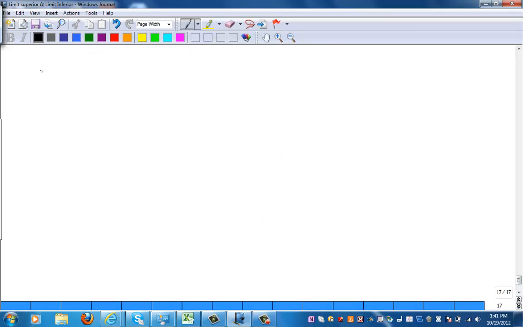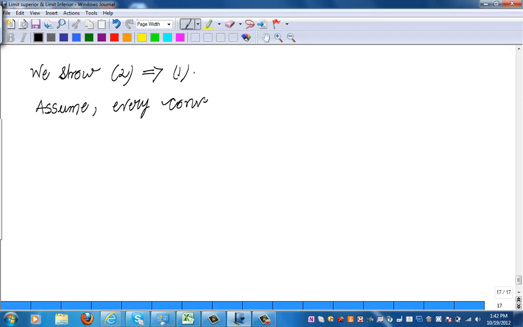So here now we show 2 implies 1. So we assume every convergent sequence in F